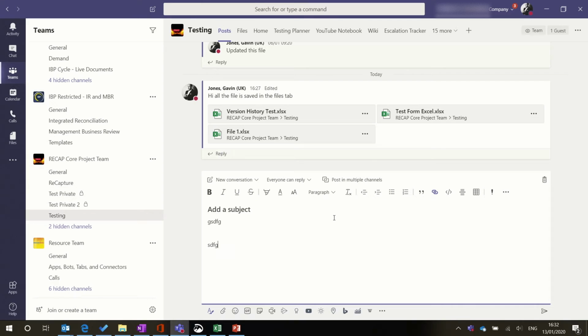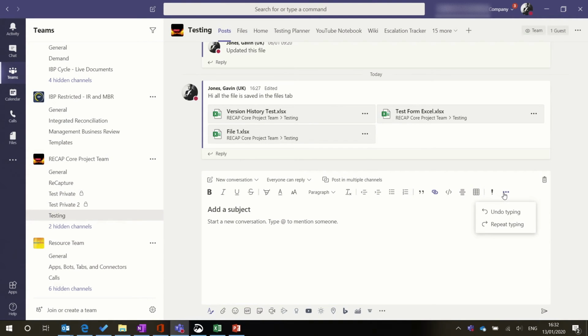Horizontal lines are quite handy, so you can segregate your message a little bit if you've got a main point and then supporting info underneath. Table, as you would expect. As we get towards the end,